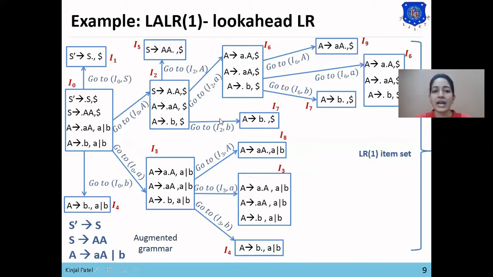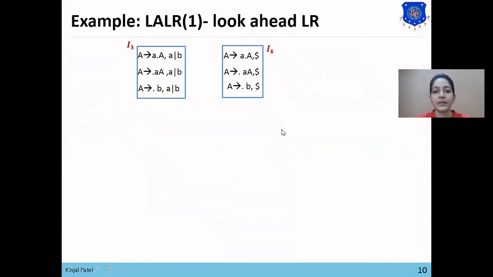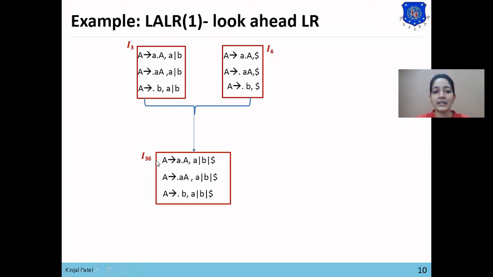So we'll merge I3 and I6 as the production rules are the same in both sets, and represent this set as I36.